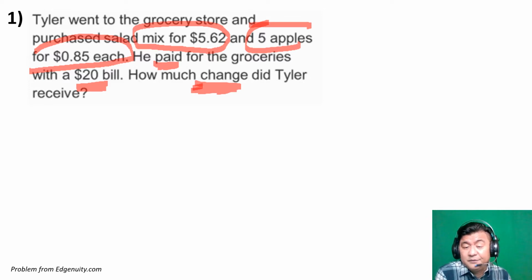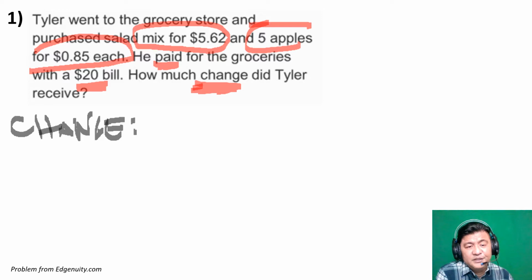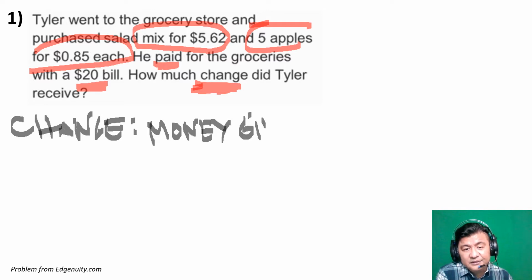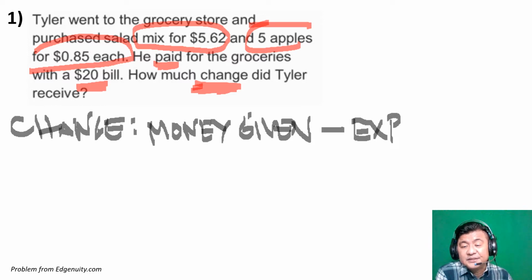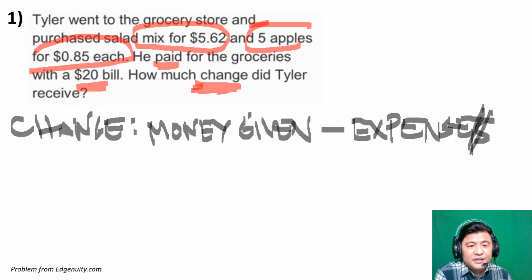Now, I know everybody has an experience in buying at grocery stores and some regular deli stores. So how do you get change? The change is simply the money you gave the cashier, money given to the cashier, take away your expenses. Expenses. How much did you spend, right? I make it dollar. All right. So the change is equal to